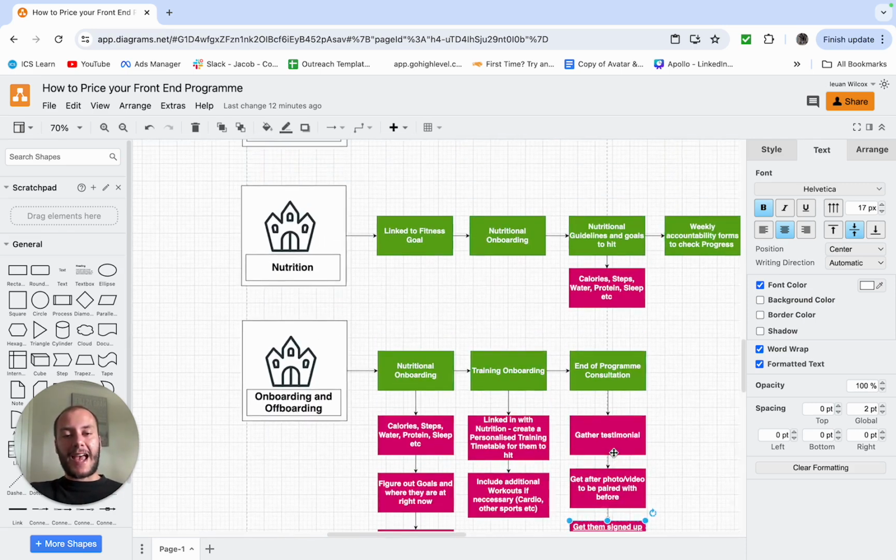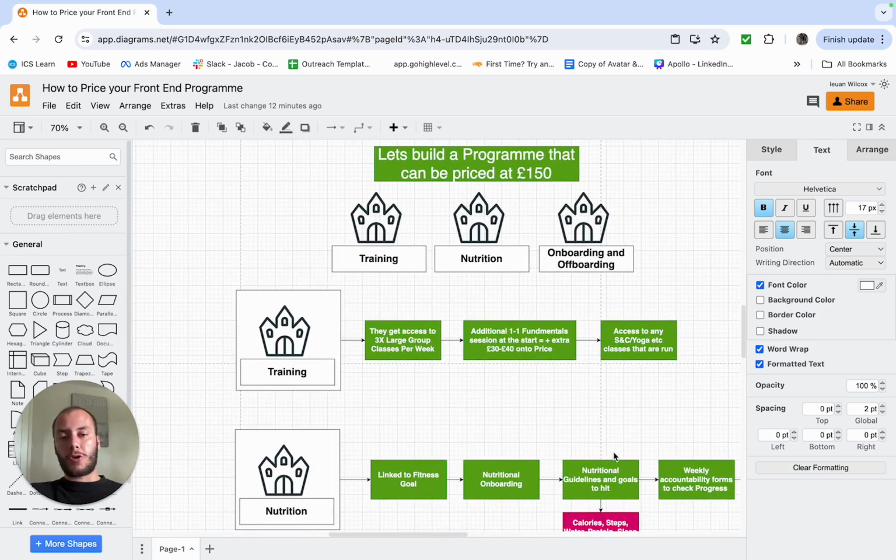So that is basically everything on how to build your program, how to price it, and how to deliver it. Now, you are able to charge a lot more than this. We've had people charge upwards of £360 for a 6-week program with these 3 core fundamentals, but it needs to be slightly different. So I'm going to be posting regularly on this YouTube channel, detailing exactly how you can do all of this. So keep an eye on those videos, and we'll be showing you how you can price anything from £350, £400, £450 for these types of programs.